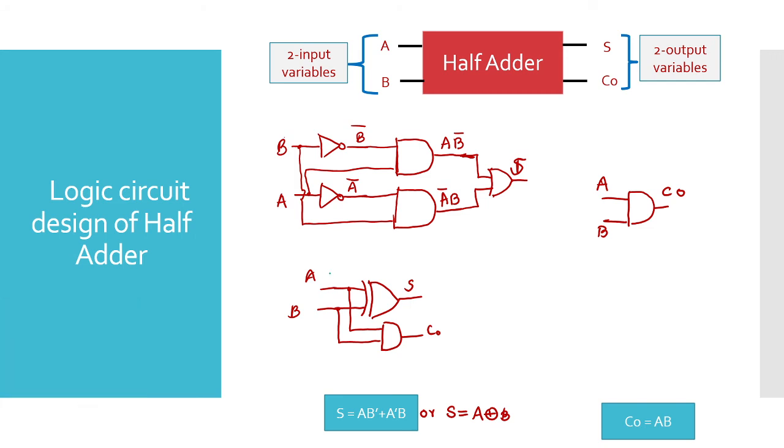Now you understand that what is inside this box of the half adder is this circuit. You have the option of using this circuit and combining it with the C0 circuit to get the half adder, which needs 1, 2, 3, 4, 5, 6 gates. If you use the XOR gate and one AND gate, you require only 2 gates. So you see how many gates you require for one type of implementation and for the second type. It is up to you which circuit you want to use.